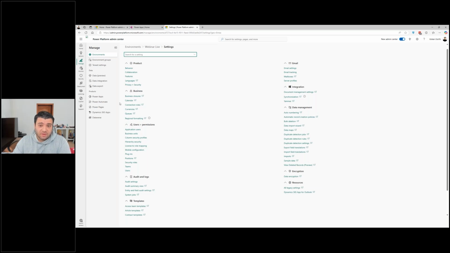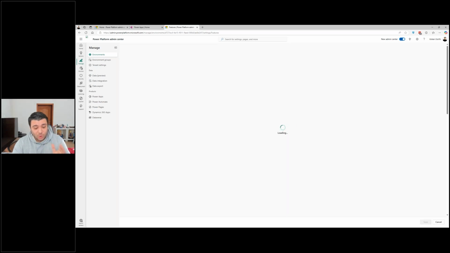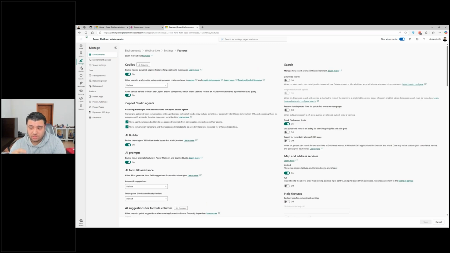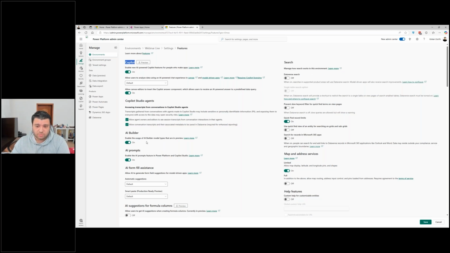Not an easy task. If you click, let's say, for features, and that's where you want to go, you will go more into the legacy of Dynamics, because this is not something from M365, this is not something from Azure. You will see all the options in one screen. One of them is like Copilot. I told you, yes, we're not going to use that Copilot word in my session, but hey, we'll have to. You can enable or disable the new AI-powered Copilot features for people who make apps, right? So if you don't want to do that, you just click on that, and that one is going to be off for you. So you can do a bunch of stuff from a feature perspective just here.